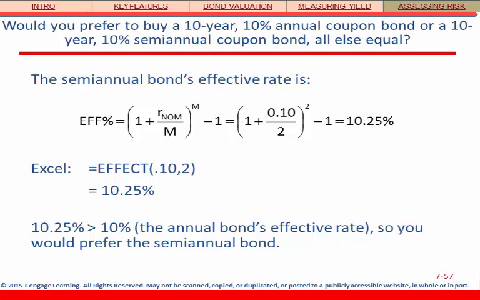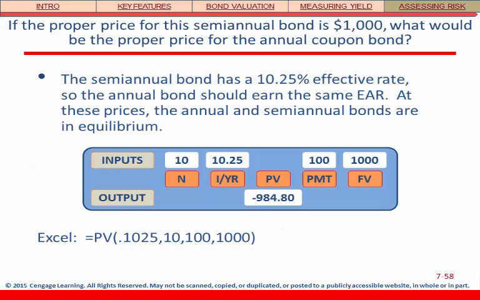And that's a pretty nice conceptual question for the exam. If the proper price for this semi-annual bond is $1,000, what would be the proper price for the annual coupon bond? So with this problem, all you have to remember is that the semi-annual bond had that yield to maturity of 10.25%. So if you make your yield to maturity 10.25%, so use that EAR there for your yield to maturity, okay,